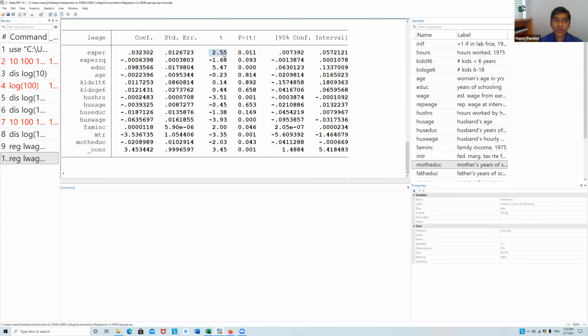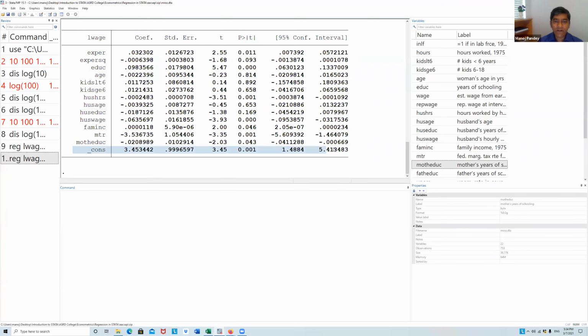And generally beta plus minus 1.96 standard error will give you the 95% confidence interval. Okay, so once you know this coefficient and standard error, you should be able to calculate t, p greater than mod t, and the 95% confidence interval.